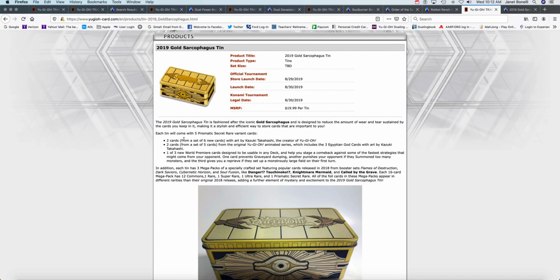You have collectible cards that were designed by Kazuki Takahashi. We have 3 brand new cards that were world premiere cards that were introduced in this game that really helped players into the competitive scene. You have 2 cards from the original anime, things like Raigeki or Monster Reborn, or the 3 Egyptian God cards, which is just huge. The packs themselves have alternate art forms of some of the more popular cards, like the